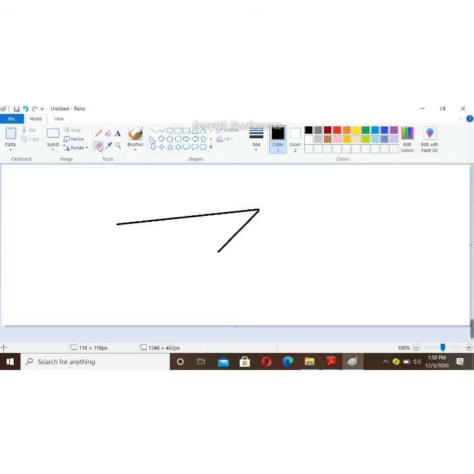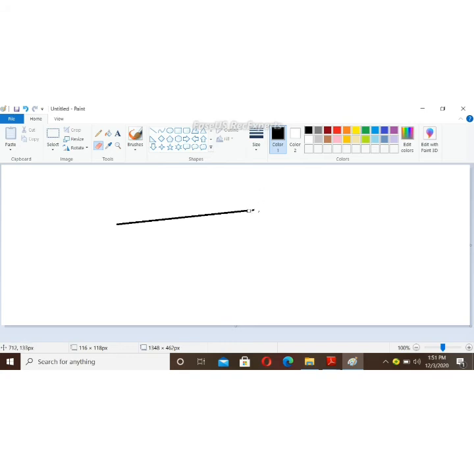After selecting, see, in class you asked me a question: ma'am, how can we make the size of the eraser big, or how can we change the size of the eraser? See, whenever I select the eraser tool, an option called size will appear here. By clicking on this down arrow you will get different size options. When I click the option, see how small the eraser size is, and I am erasing with it. But I want a bigger eraser, not too small, this is the too small eraser. I take the biggest eraser. See, this is the big eraser.